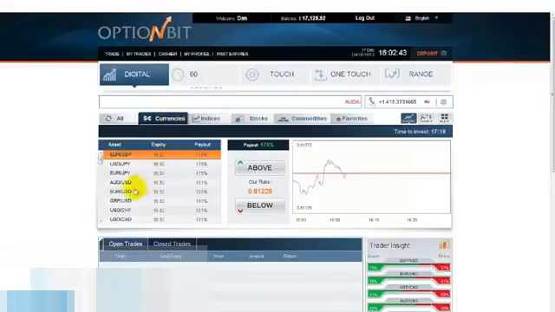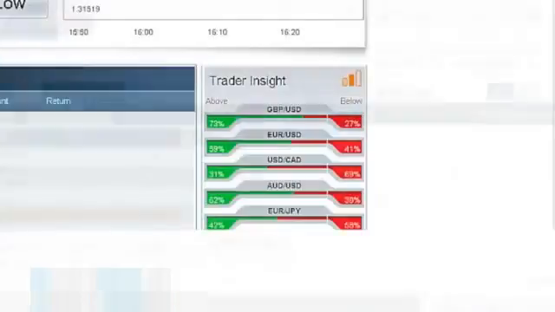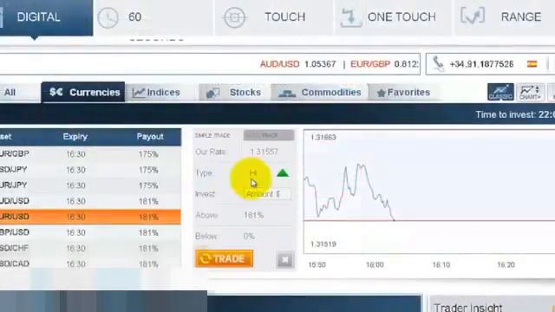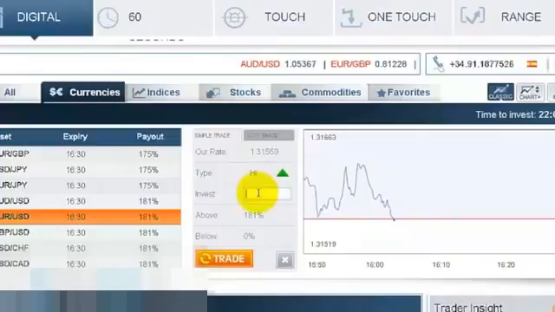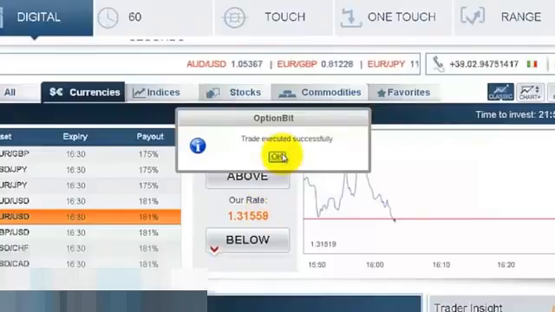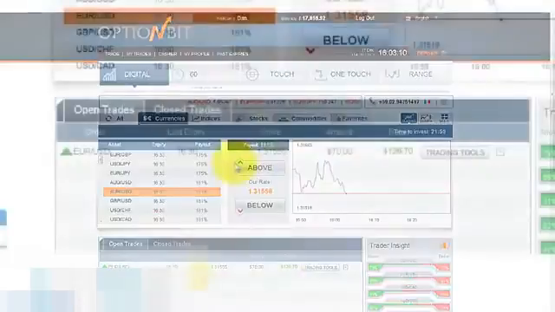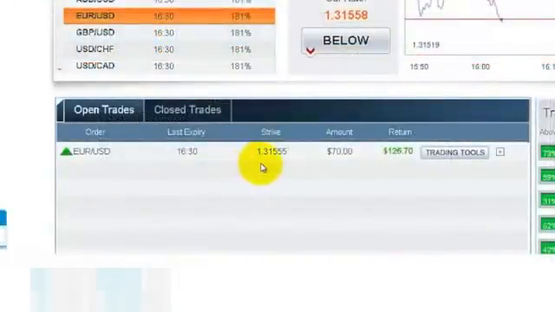Alright, let's select Euro USD. We see that 59% of traders are saying the value will go up. So we're going to click the Above button, and we're going to open a $70 trade. A $70 trade means we're going to cover our losses from the $12 and $28 trades and still make an overall profit. Now, usually that would be it for this cycle because I'm always trading along with the majority of traders,